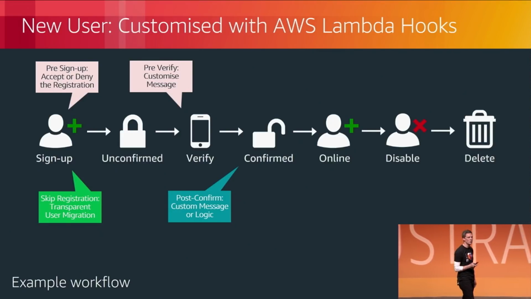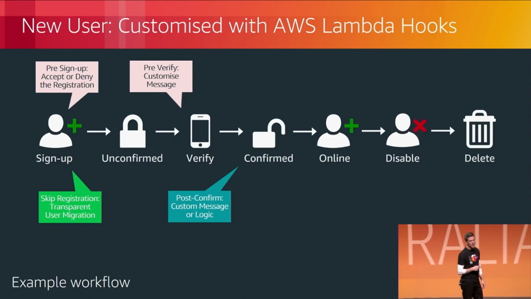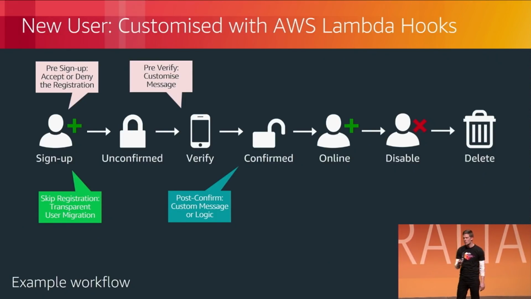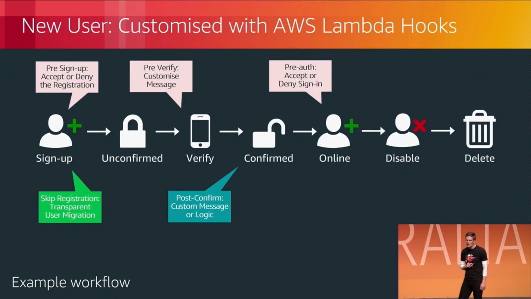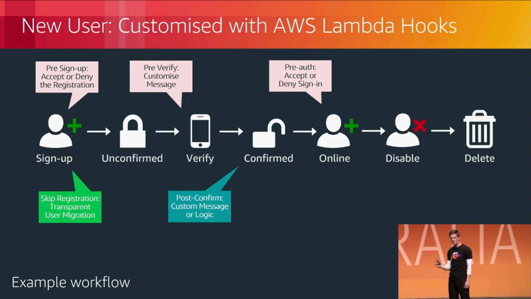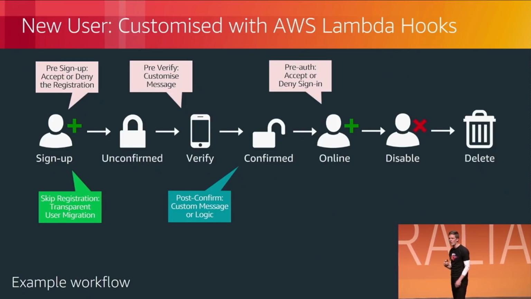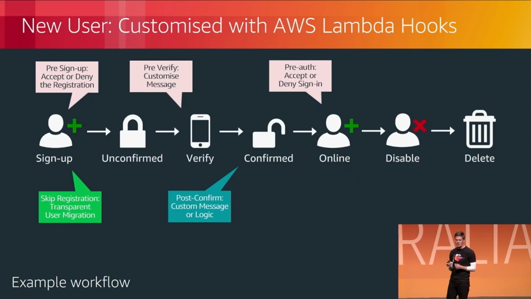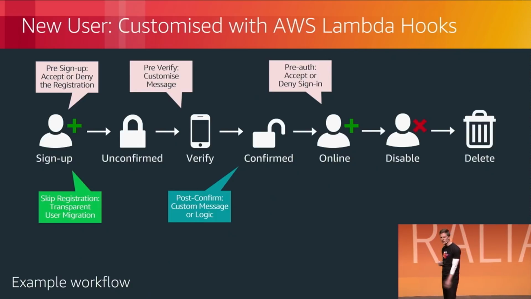Maybe I have information about this user in other databases or other areas of my business. Once they've signed up, I've realized that I know something about this user, and I'd like to provide them with a post-login message that's customized to hopefully drive more engagement from that user instantly. So I can do custom logic using Lambda on that sign up, and then provide back a message to that user that's customized to their context.